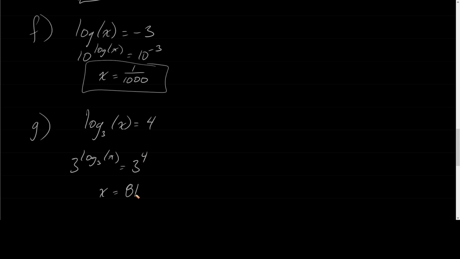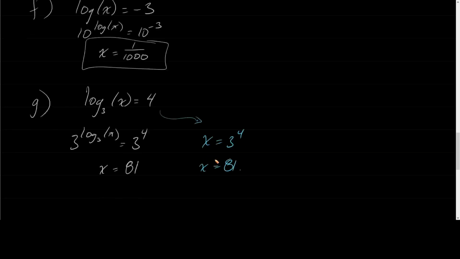All right. Now, you may be wondering, do you have to write every single step like this? Not necessarily. You could have just said, well, from here, by exponentiating both sides, I know that the 3 and the log 3 are going to cancel out. So you can just say x is equal to 3 to the 4th, which is how we get x is equal to 81. All right. You should write this middle step, though, that 3 to the 4th. Anyway,